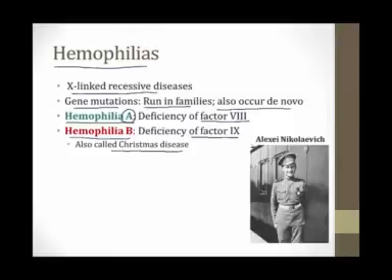On the screen here is a picture of Alexei Nikolaevich. He was the son of the last Tsar of Russia, and if you've never heard the story, he was born with hemophilia and he suffered from recurrent bleeds into his joints that were very painful, and he was a very sick child. For this reason, his mother brought him to a mystical healer named Rasputin to try and make him better. Rasputin couldn't heal him, obviously. This was in the early 1900s and there was no therapy for hemophilia, but the fact that the royal family was using this mystical healer was one of the factors that led the people to lose faith in the Tsar